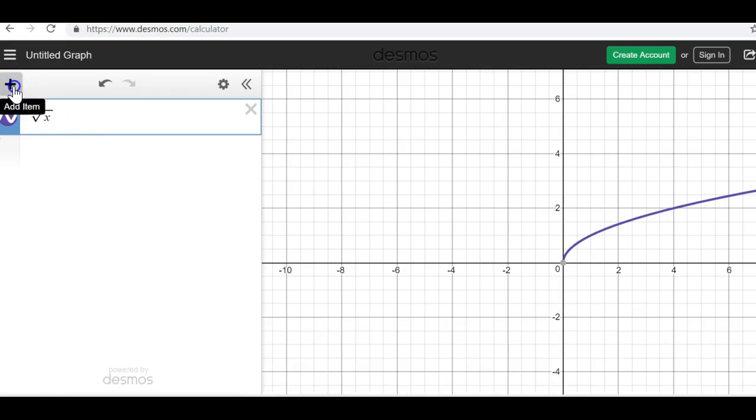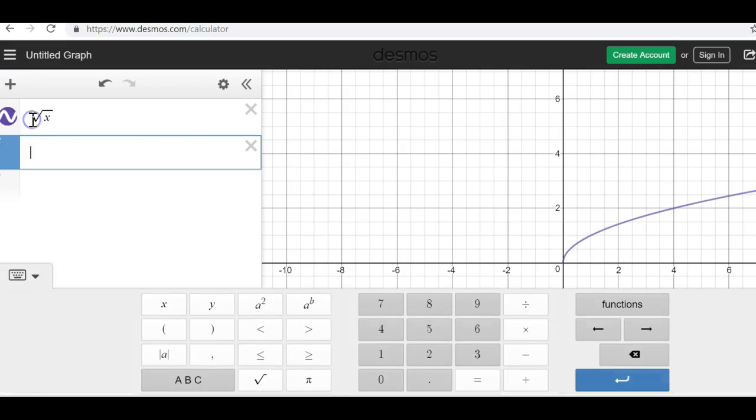So let's say, for instance, let me add a function. And I'm going to leave my square root of x as a reference. And I want to show you what happens when we take the square root of x, and then let's say I want to add 3 units. So one way is for you to create a table, assign values to the x, and then simplify the radical expression, and then add 3